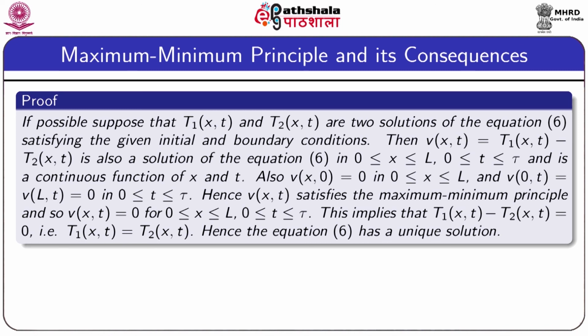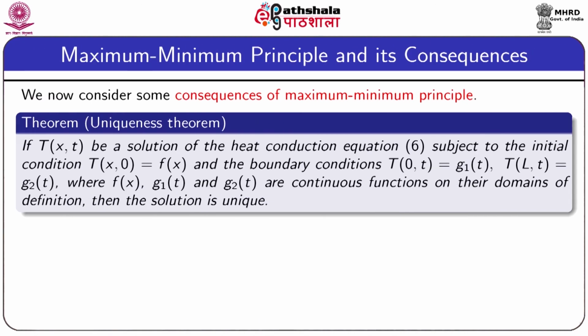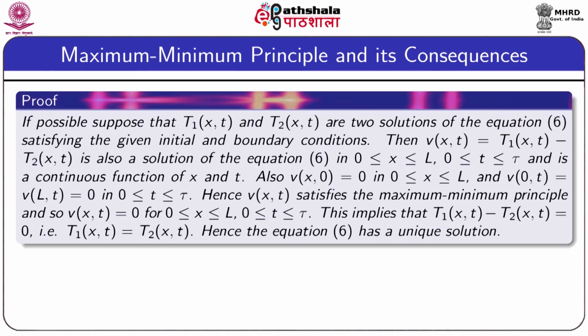Now, for the initial condition for the function V, V(x,0) is equal to T1(x,0) minus T2(x,0). T1(x,0) is f(x) and T2(x,0) is f(x), so it becomes 0. So V(x,0) is equal to 0 for 0 less than or equal to x less than or equal to L,